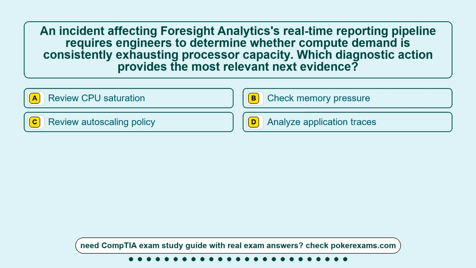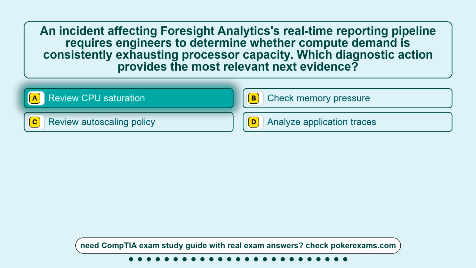Question 24. An incident affecting Foresight Analytics' real-time reporting pipeline requires engineers to determine whether compute demand is consistently exhausting processor capacity. Which diagnostic action provides the most relevant next evidence? Option A, review CPU saturation. Option B, check memory pressure. Option C, review auto-scaling policy. Option D, analyze application traces. The correct answer is option A,